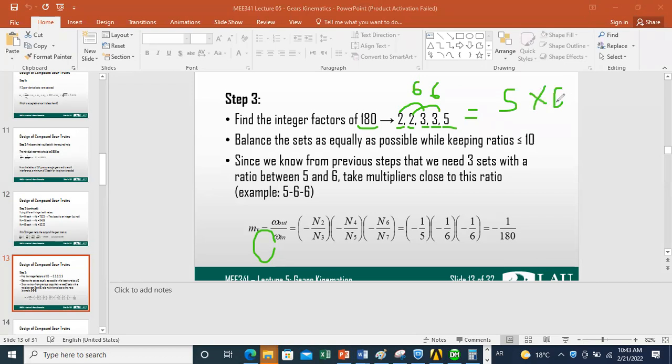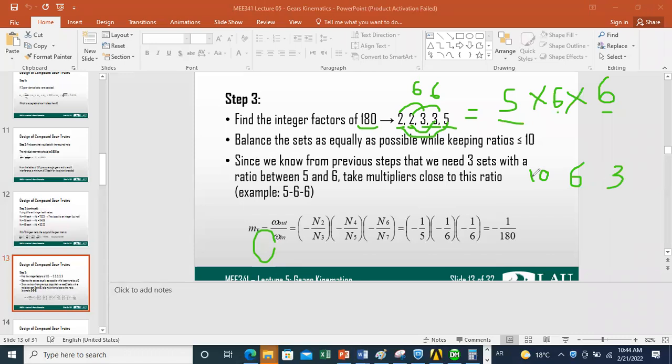Whenever you decompose a number into multiple factors, and you have a number of sets to consider, try to take the set numbers close to each other. You can also select the following combination: I can take 2 times 5, which is 10, and 2 with 3, which is 6, and then I will be left with 3. So you can design another possibility where the 3 sets have different ratios of 3, 6, 10,